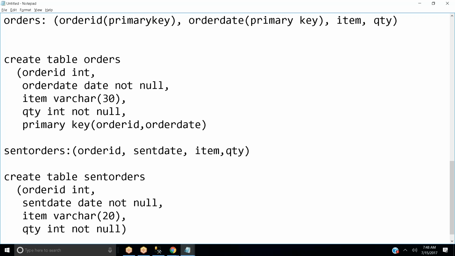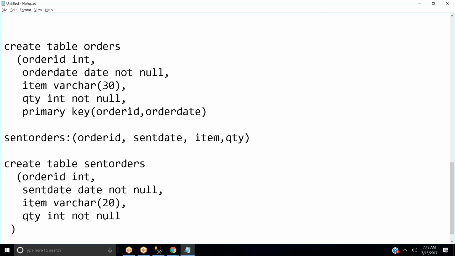Now what you need to do is refer the order ID and sent date in this table called sent orders. They should refer to your orders table with order ID and order date. So how to do that? These two should act as a foreign key here. So how are you going to write it?